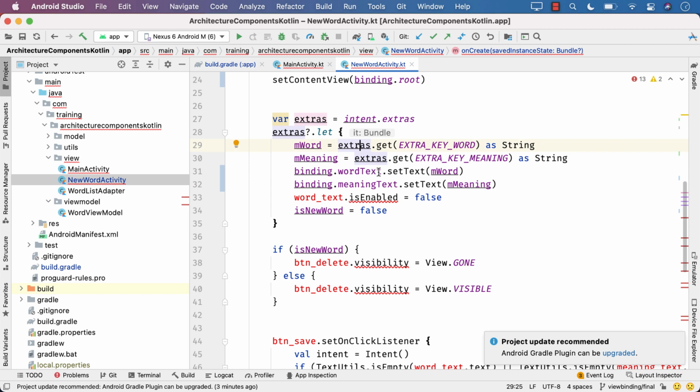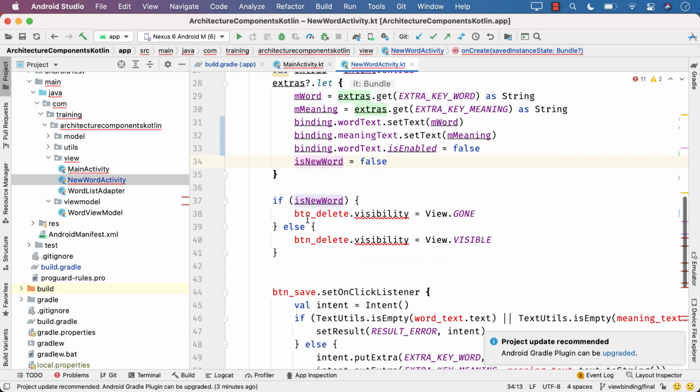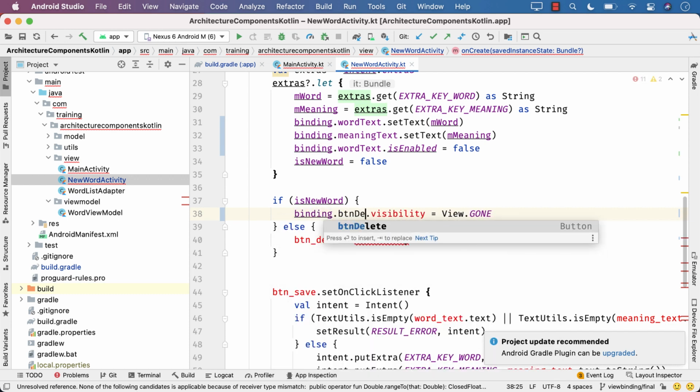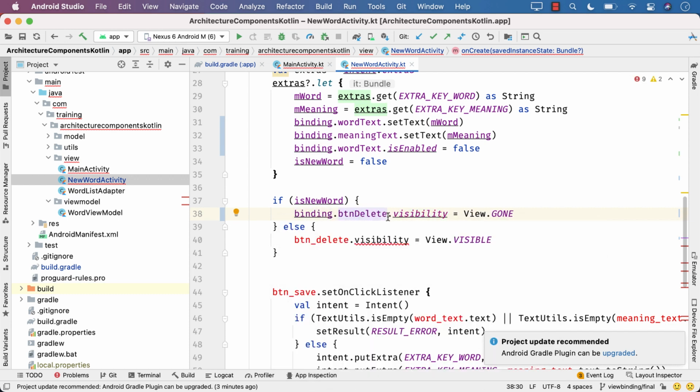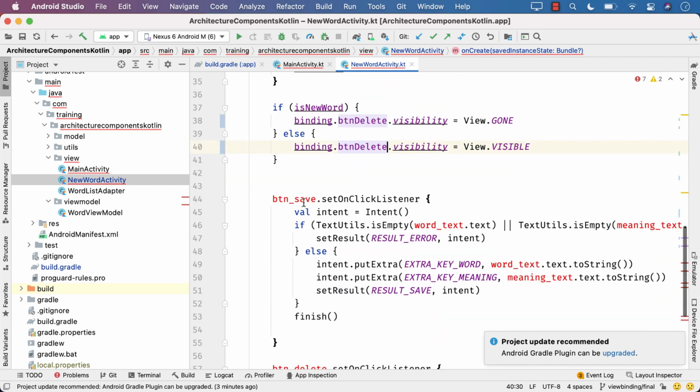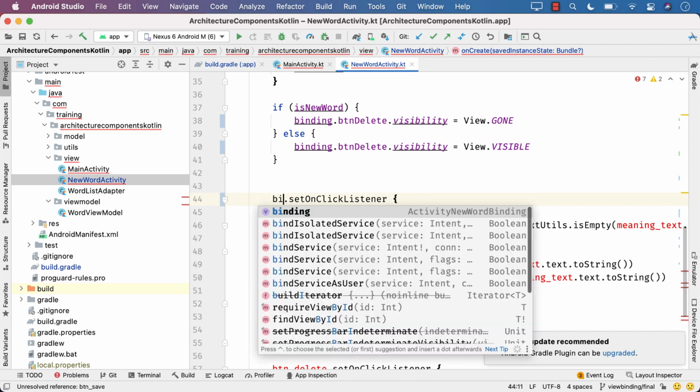This is again binding.wordText. This becomes binding.btnDelete. Binding.btnSave.